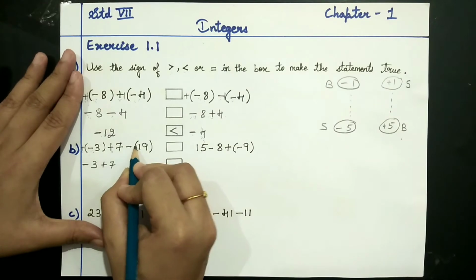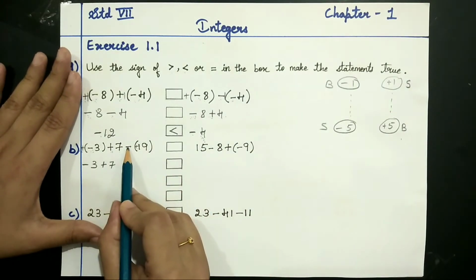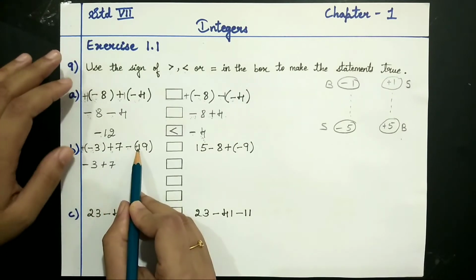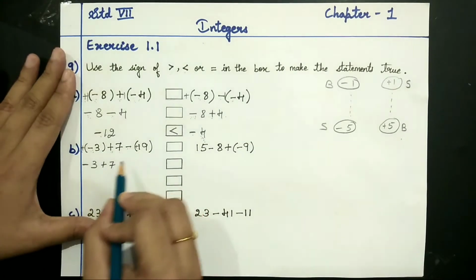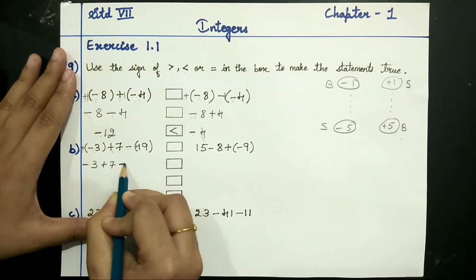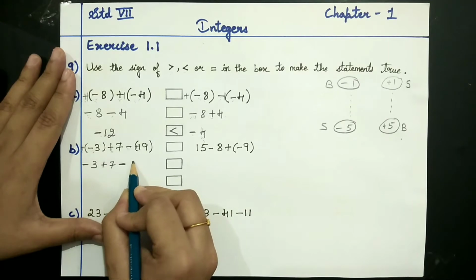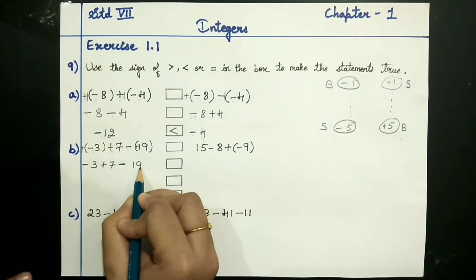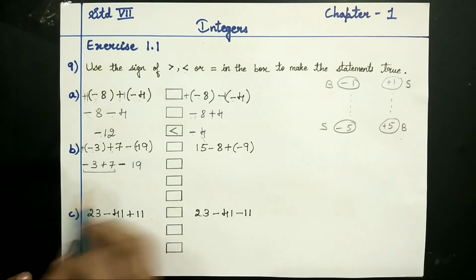You have to know that it is addition. If the sign is not given, it is always addition. Okay, so outside the bracket it is minus, inside the bracket it is plus. Since the signs are different, for the answer you have to put minus sign. Okay, and do multiplication. 19 ones is how much? 19 ones is 19.